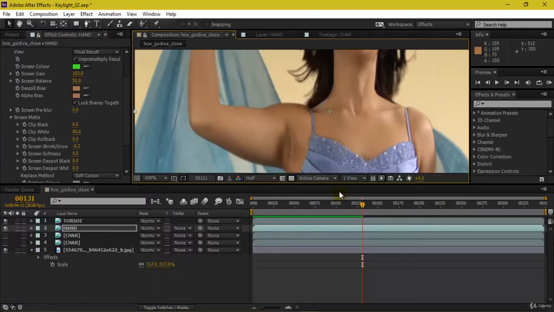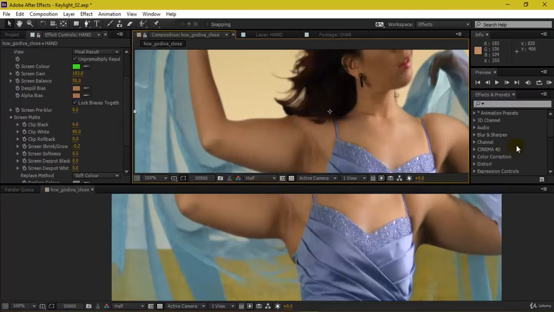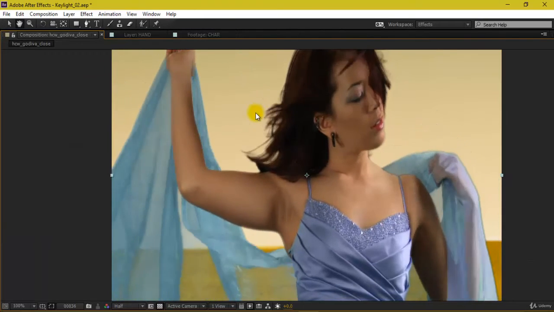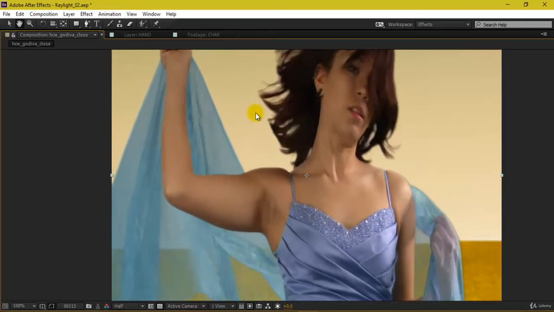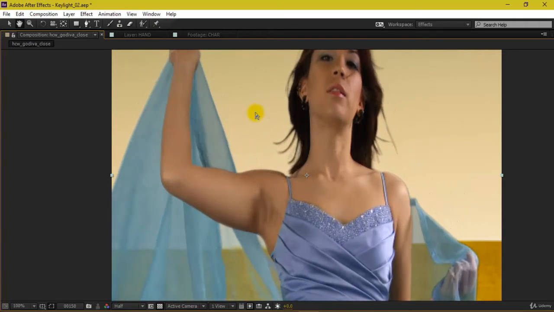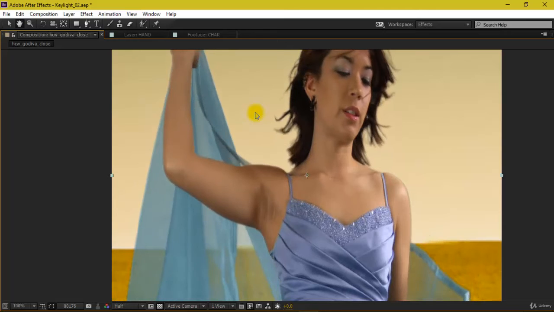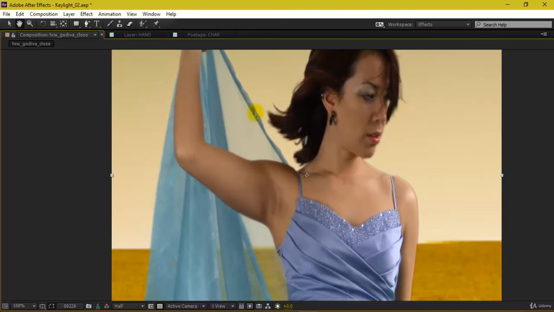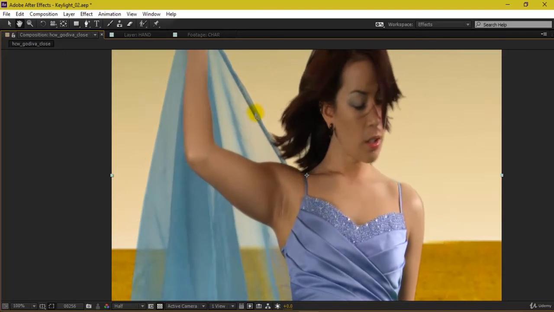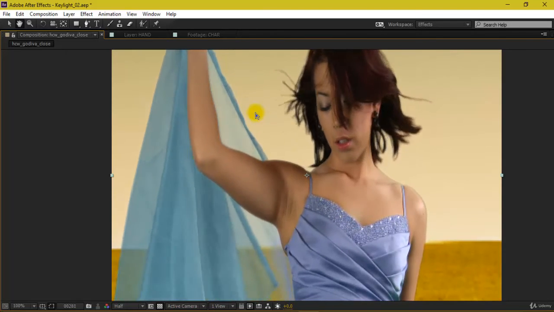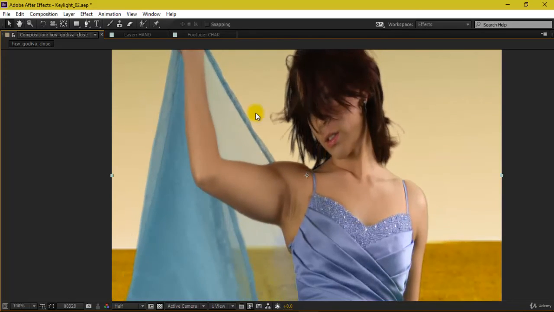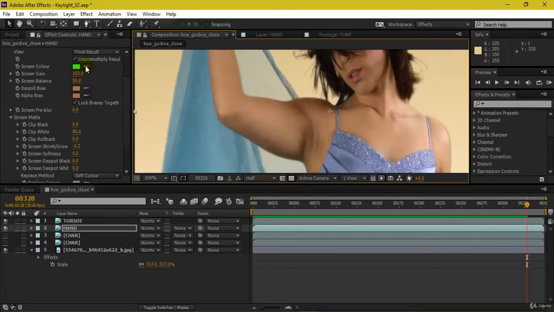Many times what people do is they just insert this Keylight and select the color and key that out. But after that there are several procedures which are to be maintained according to the production pipeline. It should be 100% natural, and there should not be a single kind of green color present on your character, or any green pixels, or rather the chroma color shouldn't be present. It might be blue also sometimes. So we have to make sure that we are not just eliminating that color by selecting the screen color, and that's it, the work is done.